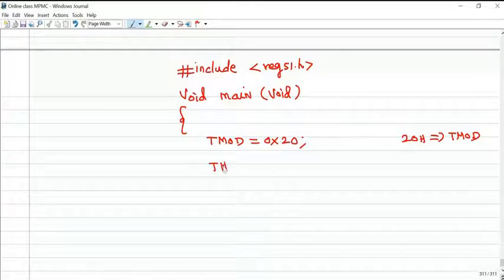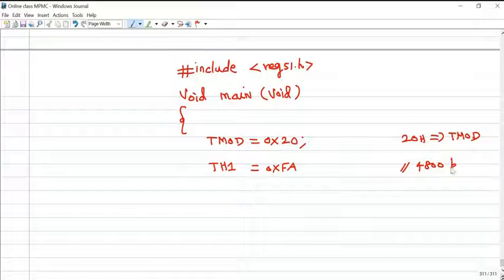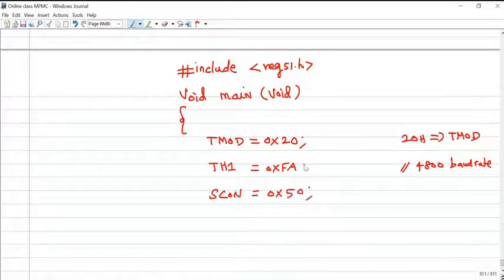Next, for setting the baud rate, in TH1 we have to load 0xFA. So this is for 4800 baud rate. Okay. Next, SCON register for mode 1 serial communication: hexadecimal 50.